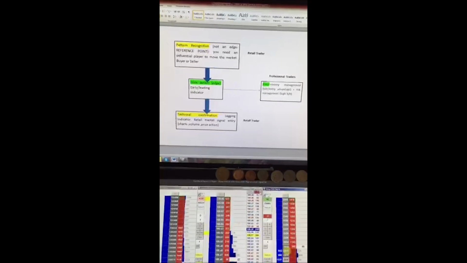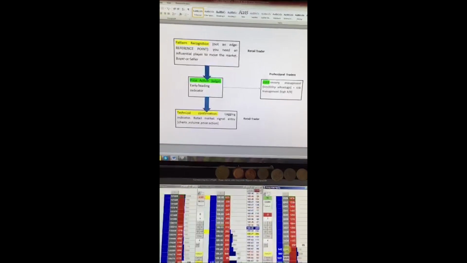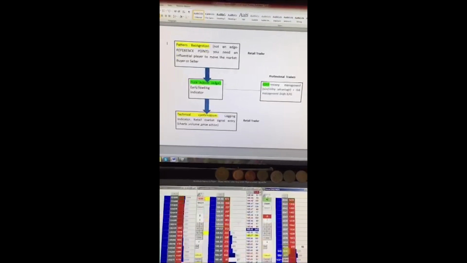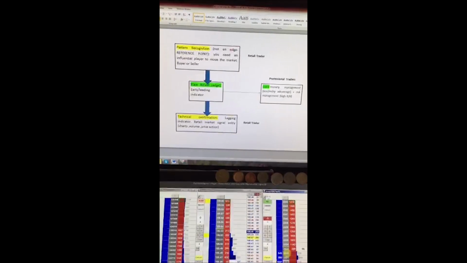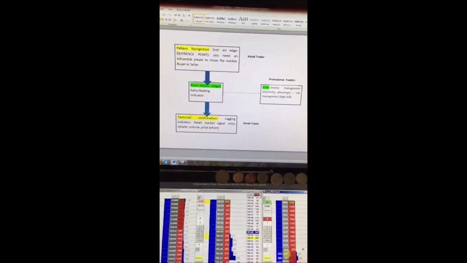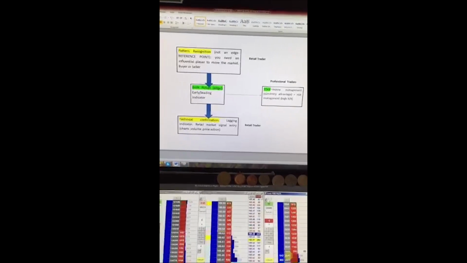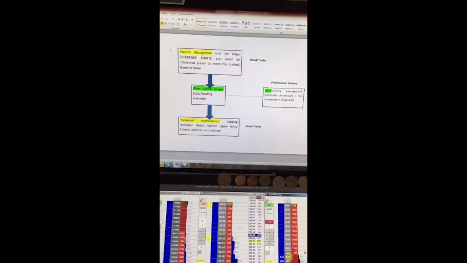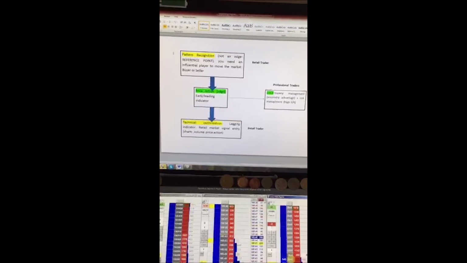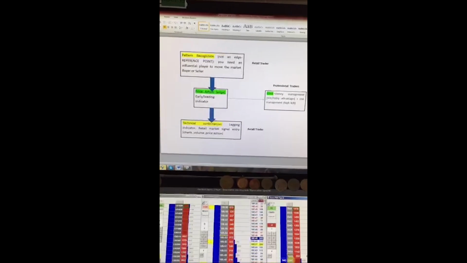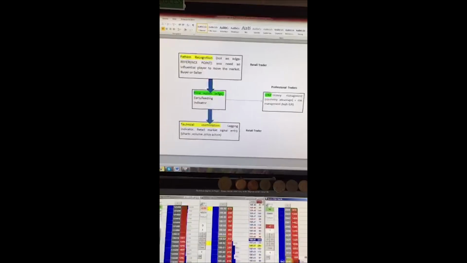It's a way in which to reference yourself against a potential direction in the market. And the most important thing to understand is that at the end of the day, you need a buyer and seller. And I think as retail traders, or even when I started trading, that's the first mistake we make. We assume that because there's a level of support or a trend line, a buyer or a seller will initiate and influence the market at that price, and that's not the case. So the first thing is pattern recognition, but that is not an edge.